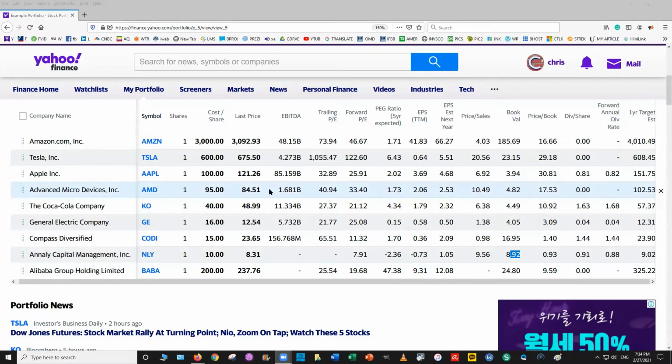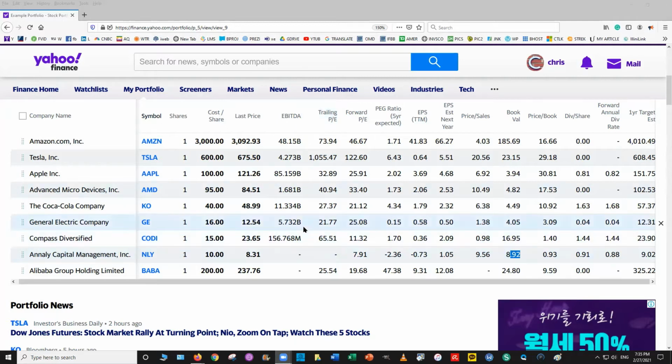AMD's at 1.68, so quite a bit smaller than Apple, right? But Coca-Cola is quite a bit bigger. Now, so these are just, if you want to see what they're basically making, what kind of potential they have, you can look at that. Now, next one is called the PE, the price of the share on how much earnings they have. Now, so if it's a real high PE, everybody says, woo, it's a high PE, it's very expensive. If it's a low PE, it's kind of cheap. But they say that, but it doesn't really mean that.